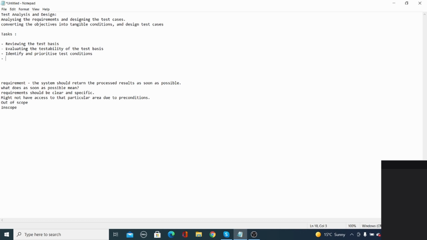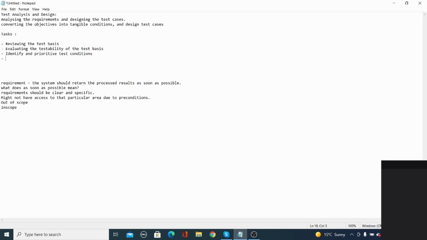So before you come to the test cases in the low level scenario, you identify what test conditions you are going to test. Based on these conditions, you will prepare your test cases.